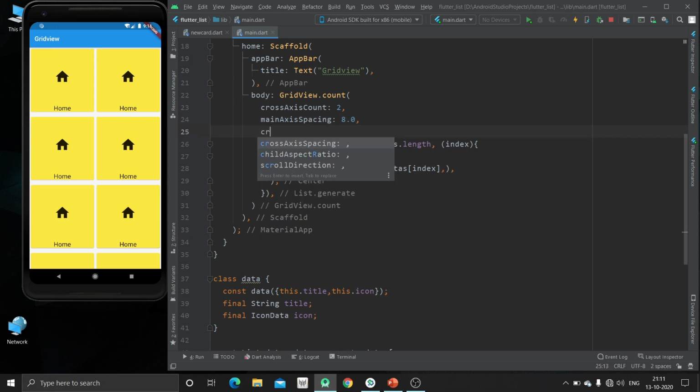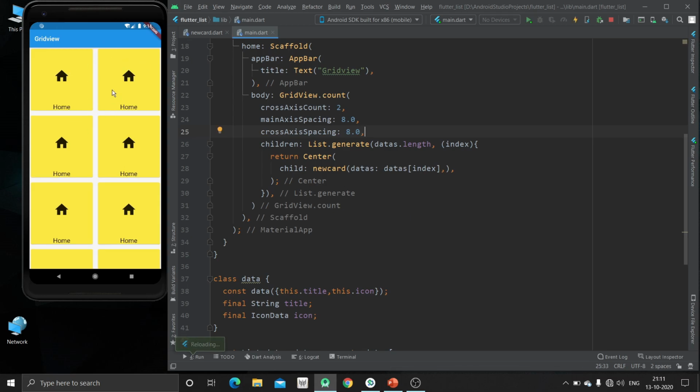Now by using cross axis spacing we will have spacing between the two columns. So we can similarly give spacing to this. So now you can see 8 spacing is given to horizontally as well as vertically. We can also increase this, like changing this. Now you can see the cross axis spacing is increased.